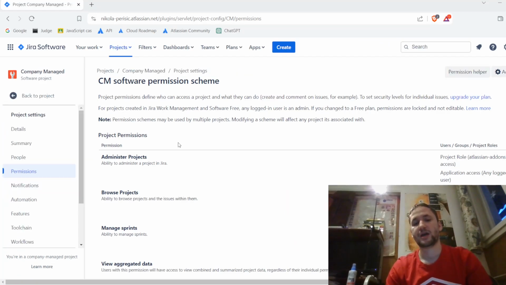Permissions. And this is the permissions for the project. Each project has its own permissions that are tied to the permission scheme. Right? So this is tied to the permission scheme. And there are a lot of